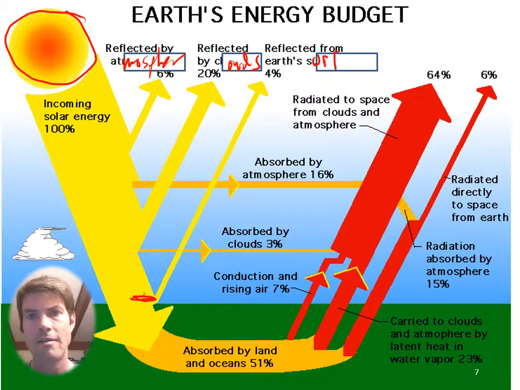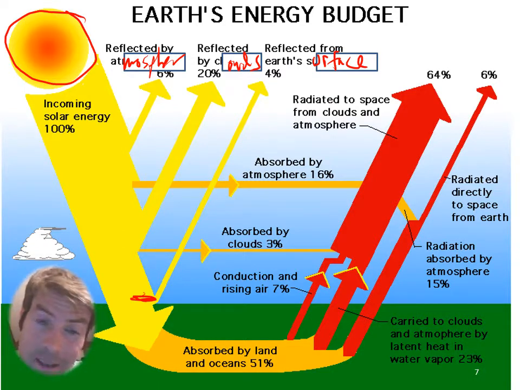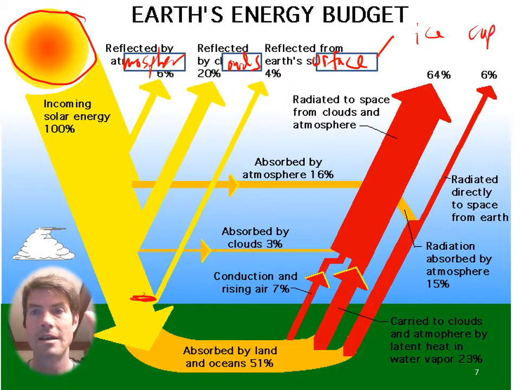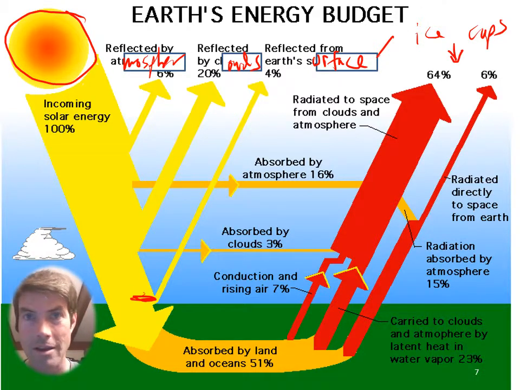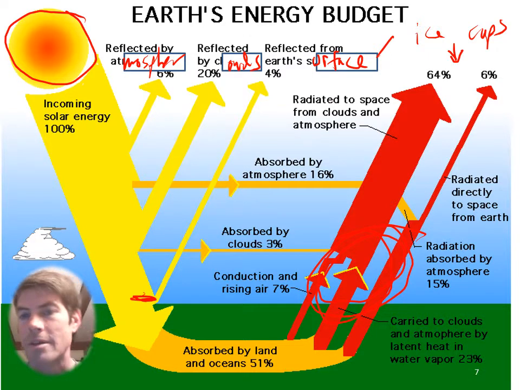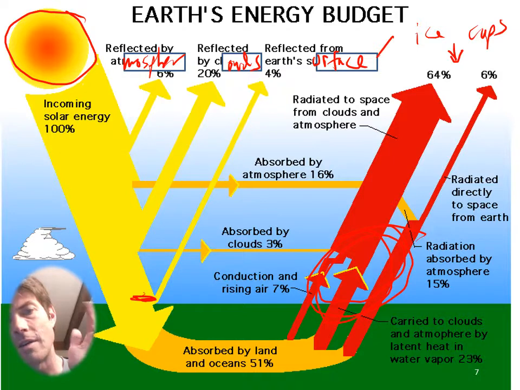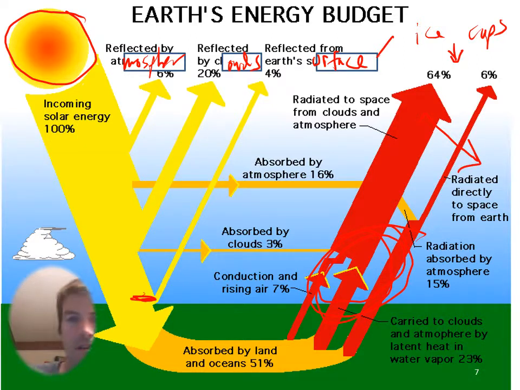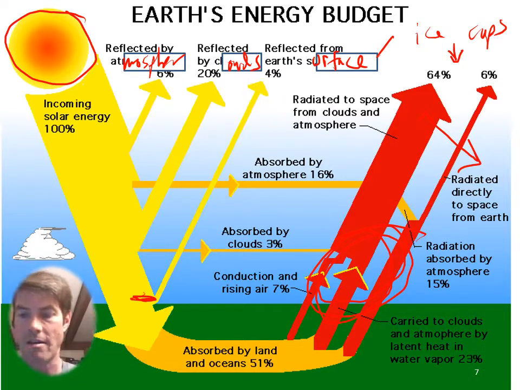What surface is best at reflecting sunlight? Something very bright, and that would be our ice caps. And if we're decreasing the ice caps, then we're going to have more heat being retained at the Earth's surface. And then this is the problem right here. There's more of this heat being released if we have less of that reflection. The heat going out used to be radiated to space, but remember, more of this is coming back in and then heating our atmosphere up.